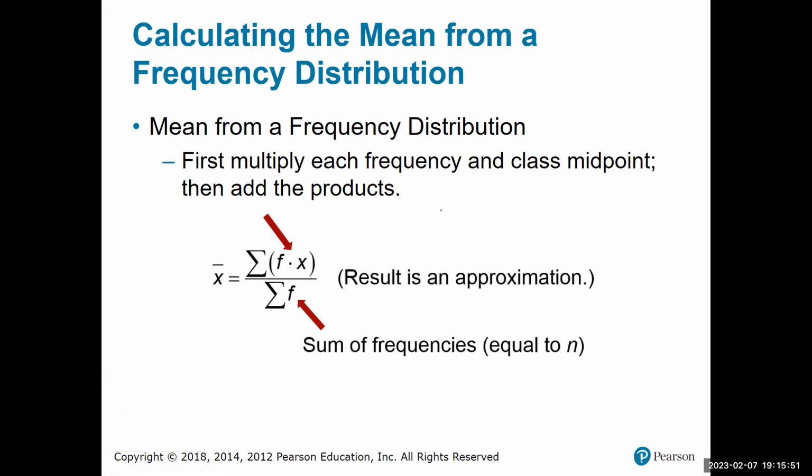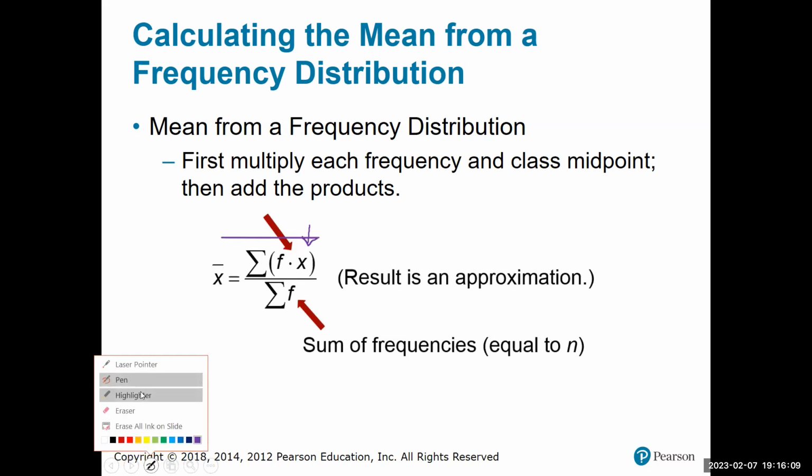So I know I told you X represents the individual data, right? Each data value is an X. Here, in this formula, X represents a midpoint. So it's the midpoint for each class. And because you're not using actual data, but you're using the midpoint, this is going to end up being